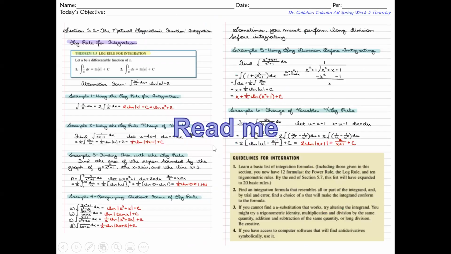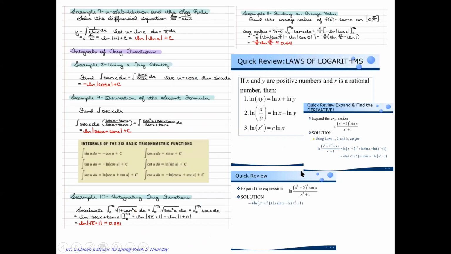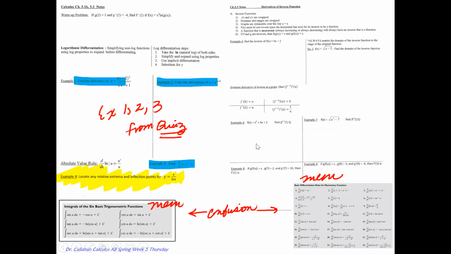All right, so with that said, go ahead and take a look at our breakdown for today. So go to page 5 or week 5 Thursday, pause the video and then read my notes on natural logs and integration of natural logs. Here are some of the guidelines. Here are some of the examples. There are 11 in all, and then also a quick review of properties of logarithms, how you expand them, and how you bring the power down in front of the ln. Okay, and then this is going to be from your example in class. So make sure you guys have this page.